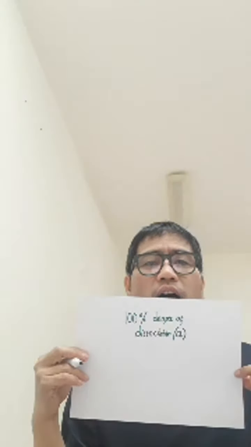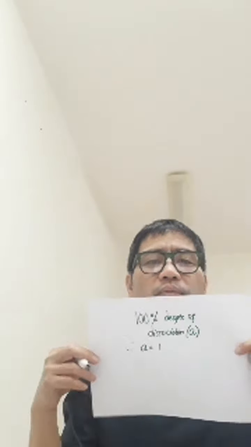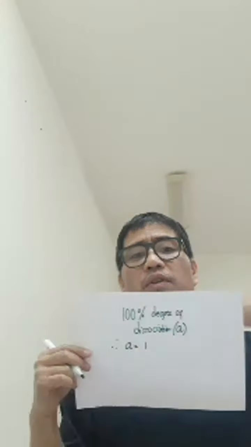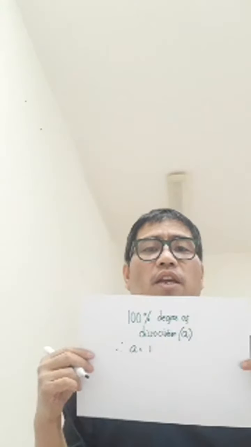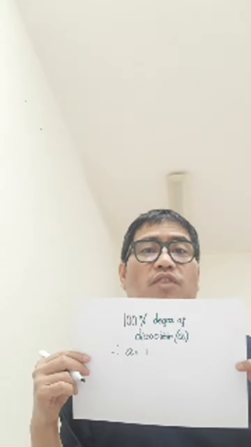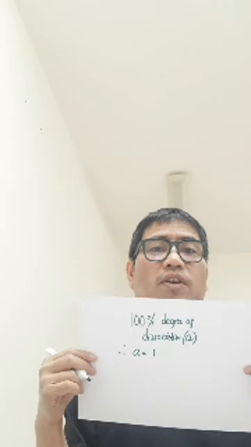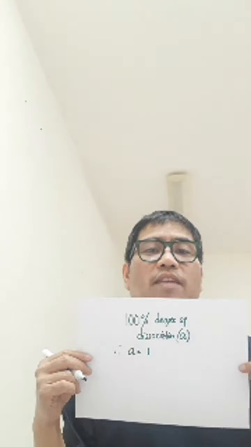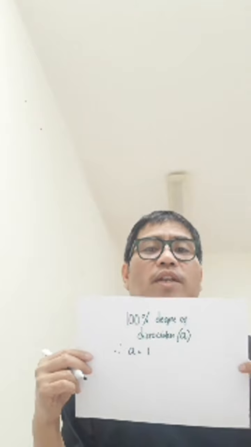So 100% degree of dissociation, alpha. So alpha is equal to 1. Therefore, alpha is equal to 1, because in these colligative properties, we are considering a perfect dissociation of salt or electrolyte, something like that. And we are having alpha equal to 1. So this should be our degree of dissociation equal to 1 in the equation here,